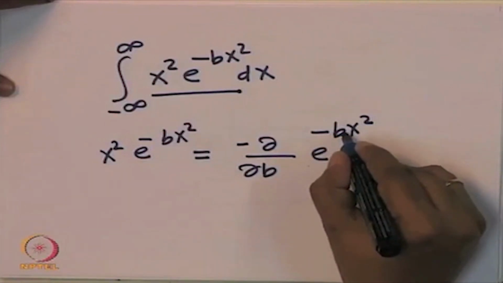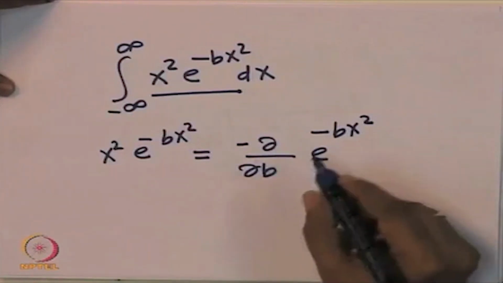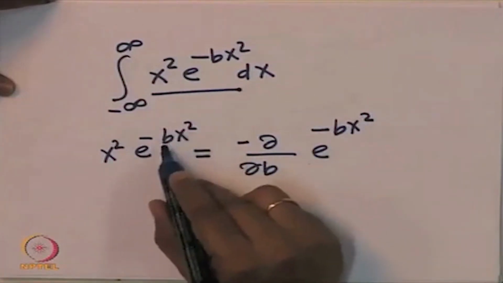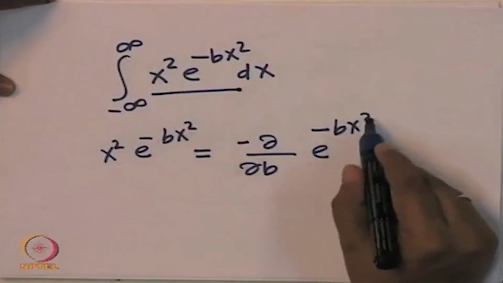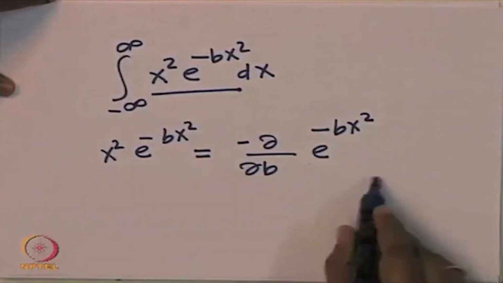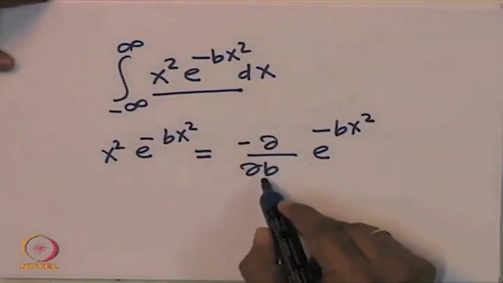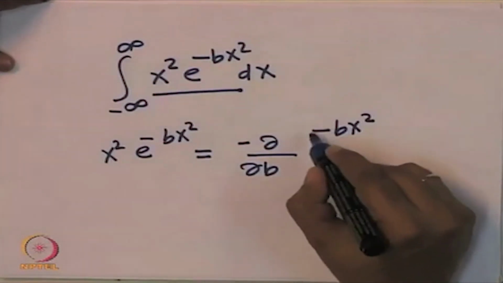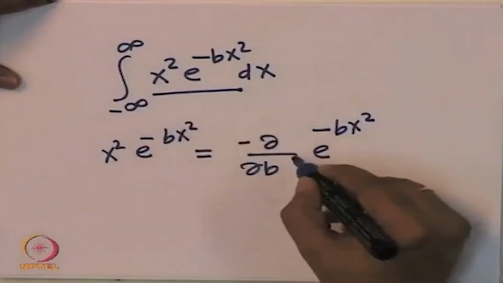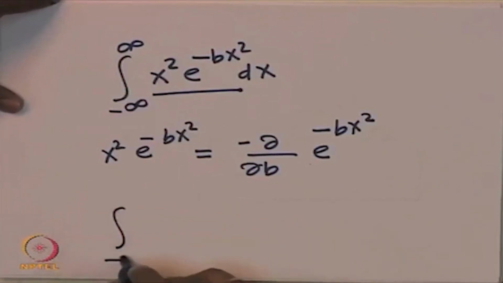So, if you find the derivative with respect to b and multiply with a minus sign, you indeed get this. del by del b of e power minus b x square is e power minus b x square times the derivative of the exponent, which is x square, with a minus sign. So, by using the fact that x square e power minus b x square is minus del by del b of the function e power minus b x square, we can substitute this back